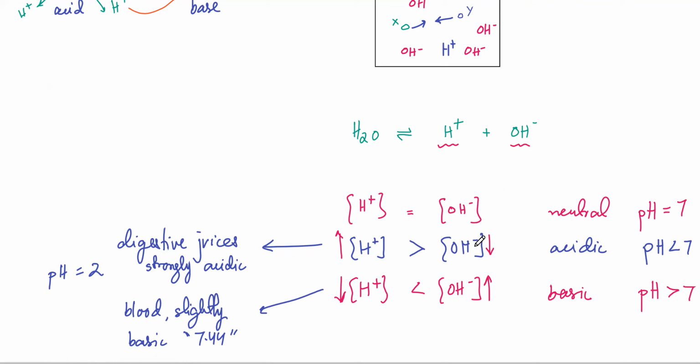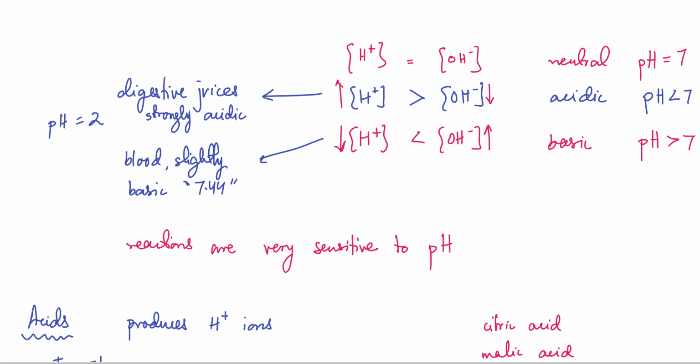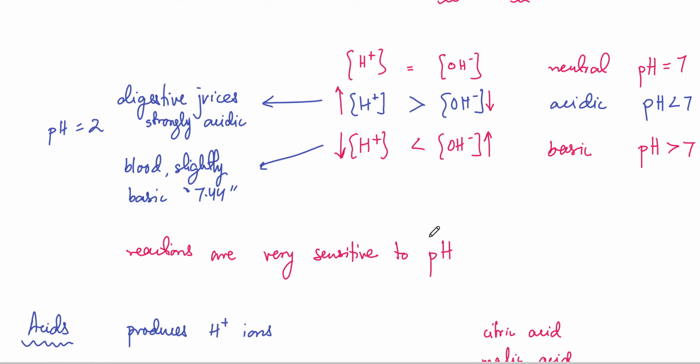So there's a constant balance. In the human body, in every cell there's water, in your blood there's water, everywhere there's water. So a balance is going to be maintained, and that's your pH. pH basically measures that. Okay, if H+1 and OH ions are in equal quantity, that's neutral. If there's more H+1 compared to OH ions, that means an acid has been added. If there's less H+1, that's a basic medium, okay? And reactions are very sensitive to pH. Your stomach is acidic. That means,